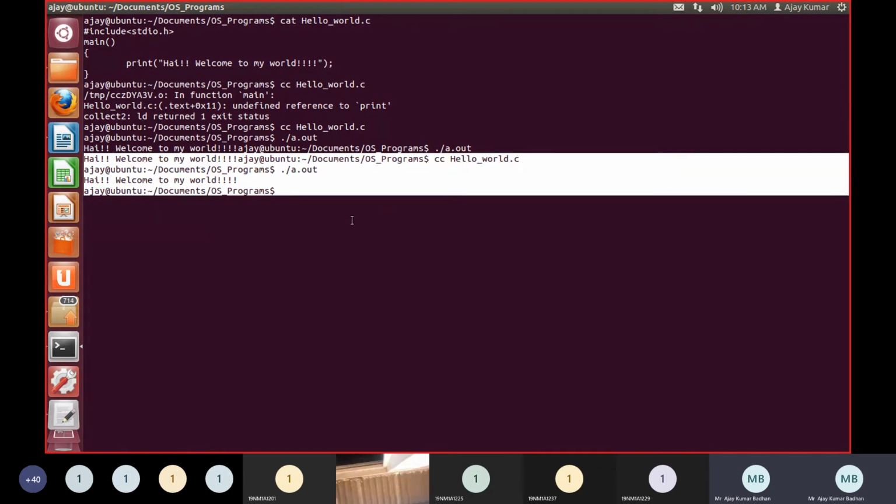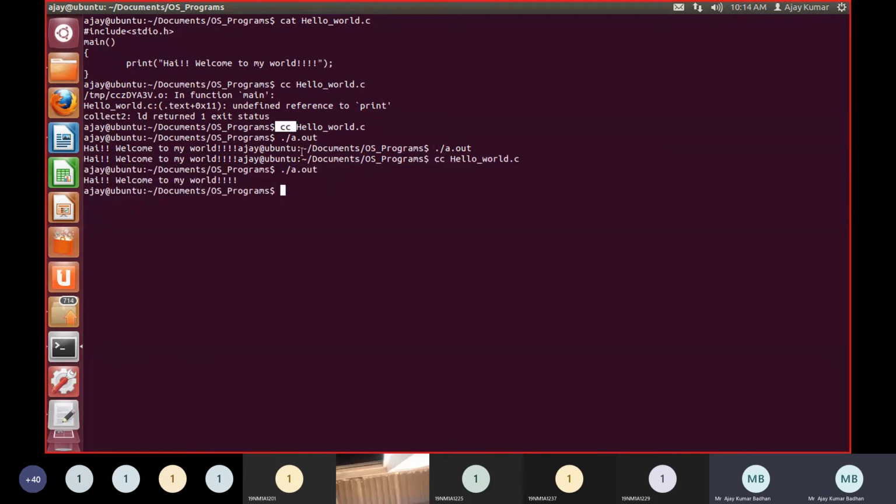So this is the way you write a C program and get it executed. All the programs you can do in this only. In Ubuntu you can write all the programs and execute them. Same process. Whatever programs I have explained, FCFS, SJF, all those programs, you can write directly here. The only thing is there will be a change in execution.